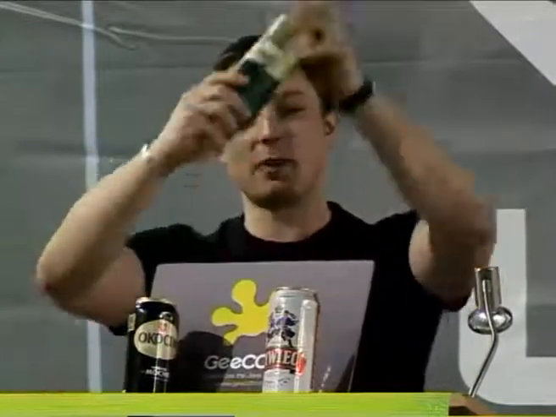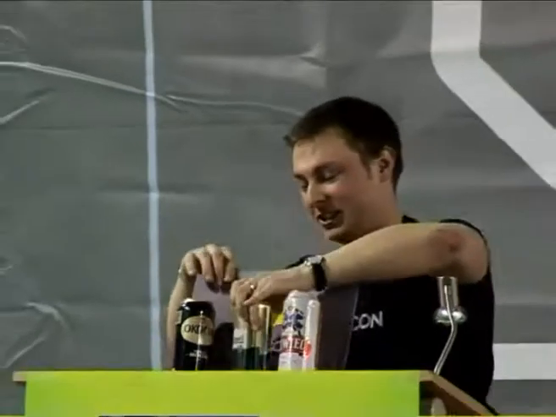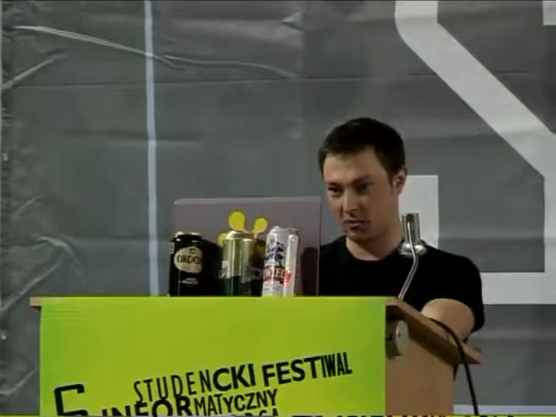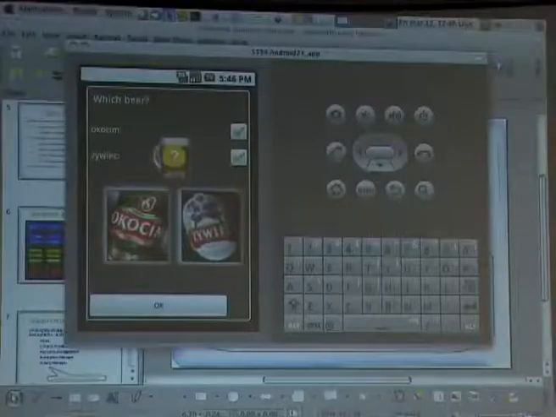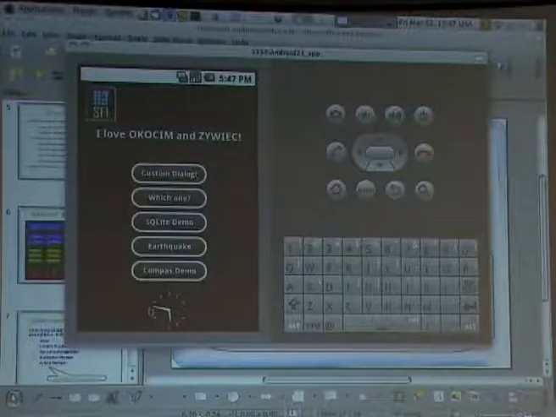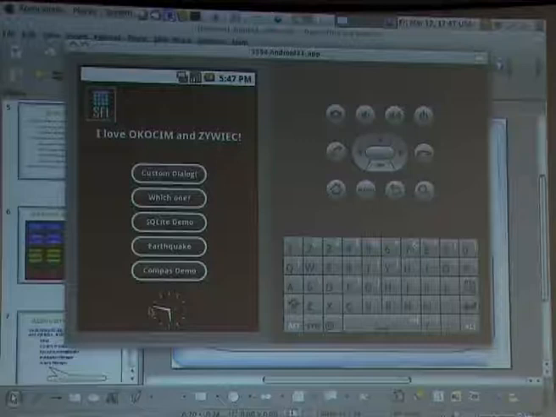Or maybe the Pilsen, our Czech beer. But this is not a well-done user interaction, because it allows me only to set up Okocim or Żywiec. I prefer both. Both are very good beers. I haven't seen big differences between them. It's definitely stronger than Pilsen. So with this interaction, it displays to me, I love Okocim and Żywiec. Maybe it's respecting our general opinion about these beers.